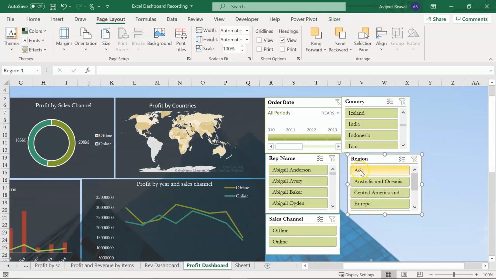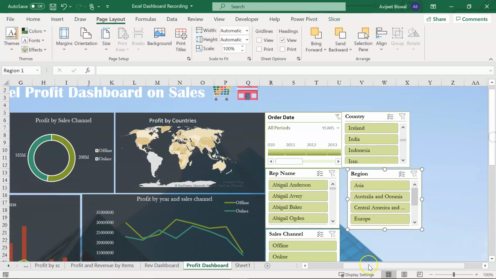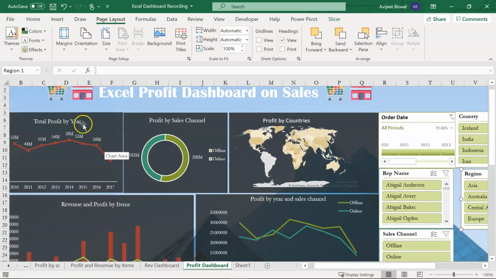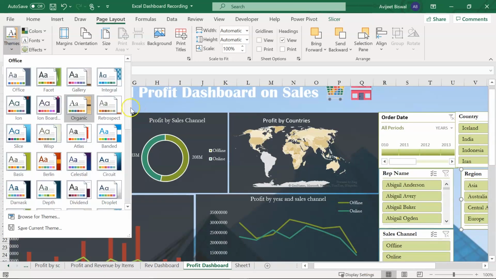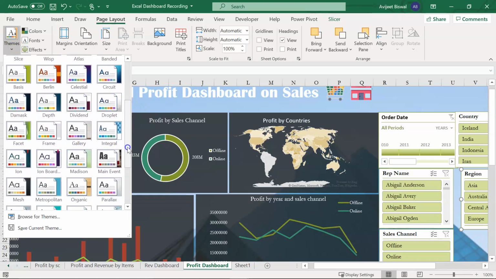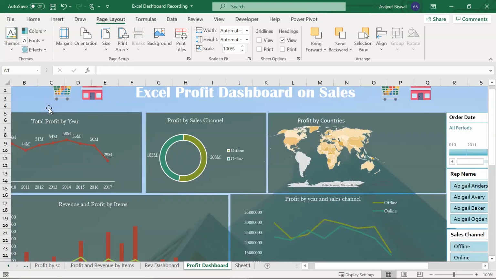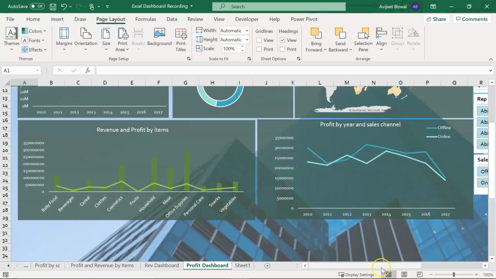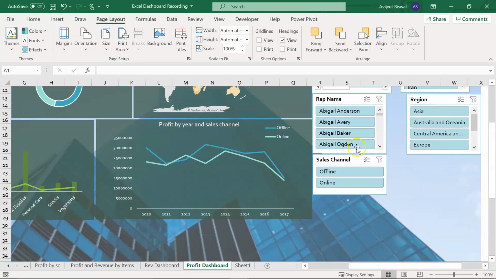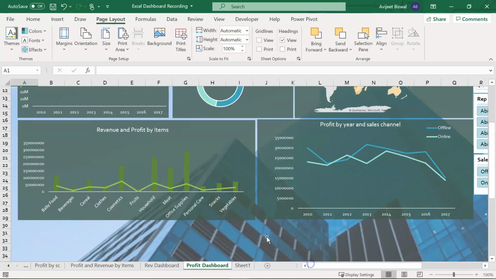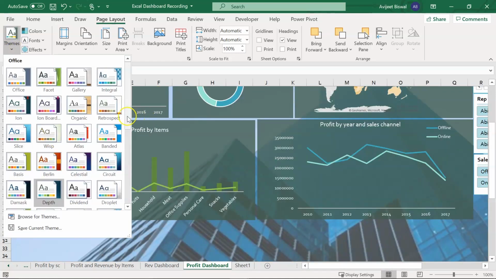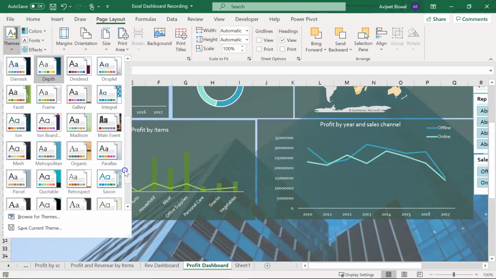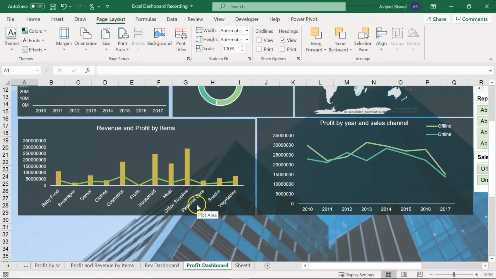You can see the slicers are in a different font. Let me explore one more theme. Let's say this time I'm going to choose Depth, and this is more of a green type of color. You can play around and select whatever theme suits the best.